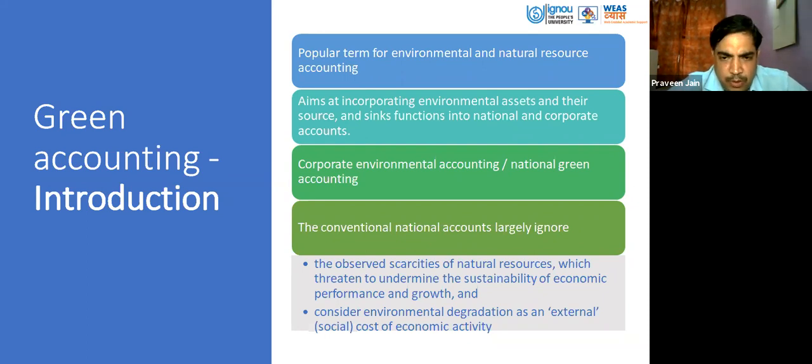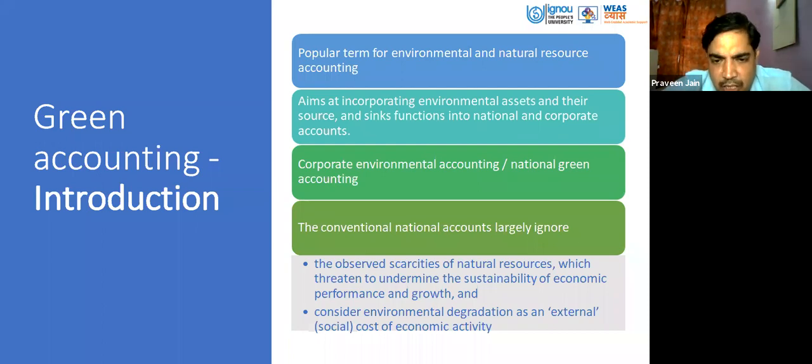Of course, if scarcity grows over a period of time, it will bring unsustainability in the economic performance of the country, or later on reduce the growth of the economy. So that's why it is very important to count or observe the scarcity of natural resources